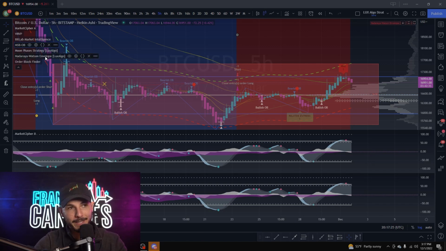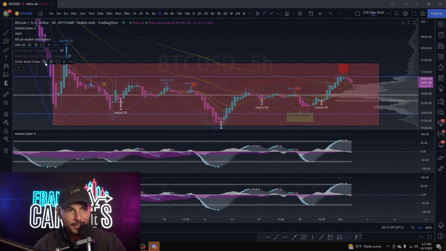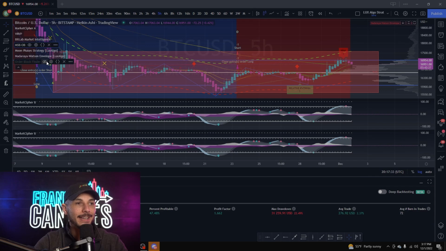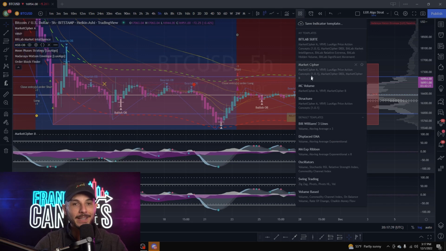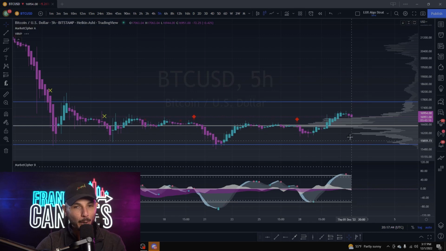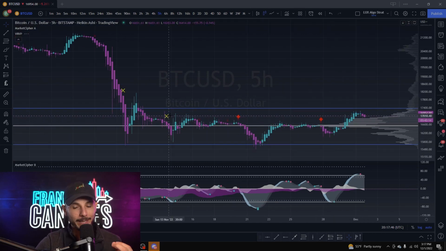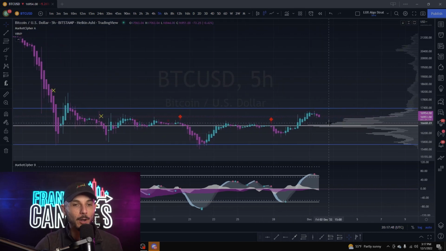Instead of going over here and, all right, I don't want the envelope. All right, I don't want the moon phases. All right, I don't want the order block. Instead of going through and doing that, now we have our indicator template, which is going to allow us to come back up to these 4 boxes, click the button, and come down to our MC Volume, click on it one time, and boom, we're right back to just our Market Cipher and our volume profile, which is